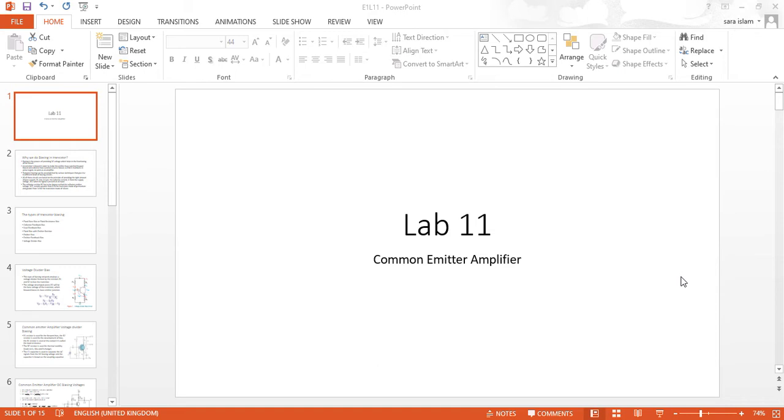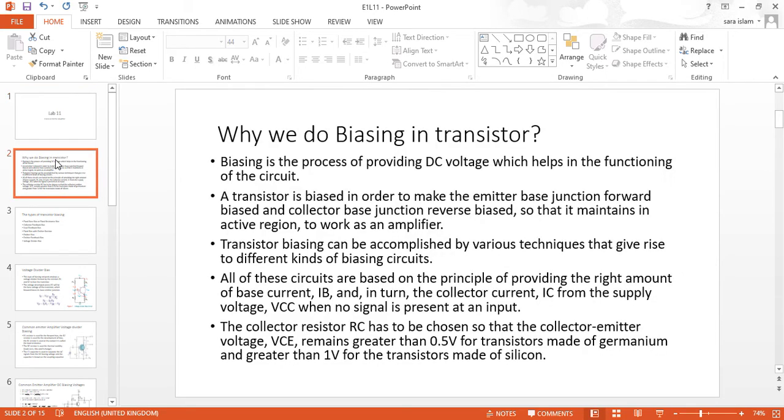Okay, previously we discussed the DC version because the voltage given was DC and it was only the biasing element, right? We were only biasing our amplifier, right? So today we are going to discuss the common emitter amplifier, right? So why we do biasing in transistor, because वही biasing यहाँ पर भी apply होगी. The biasing part would be same. आप DC voltage देंगे and DC would remain there, ठीक है?